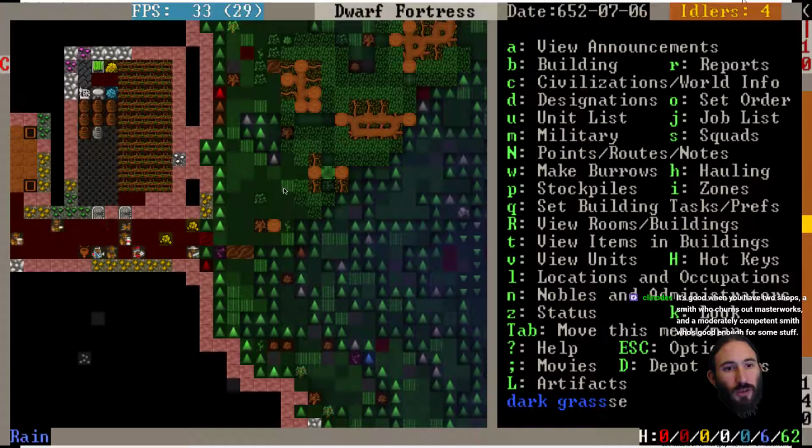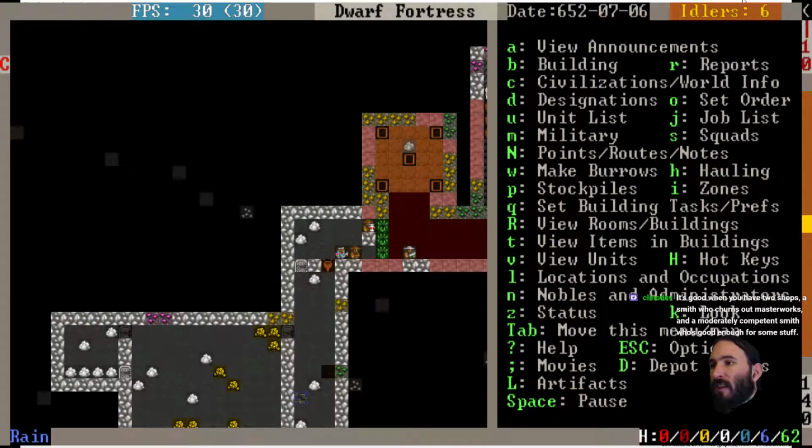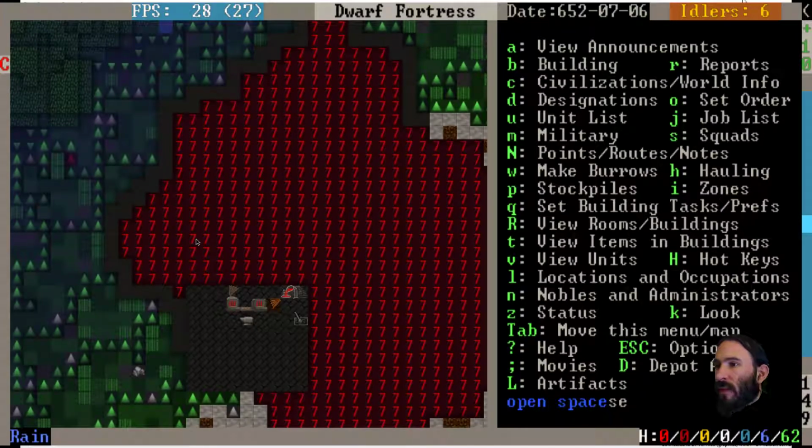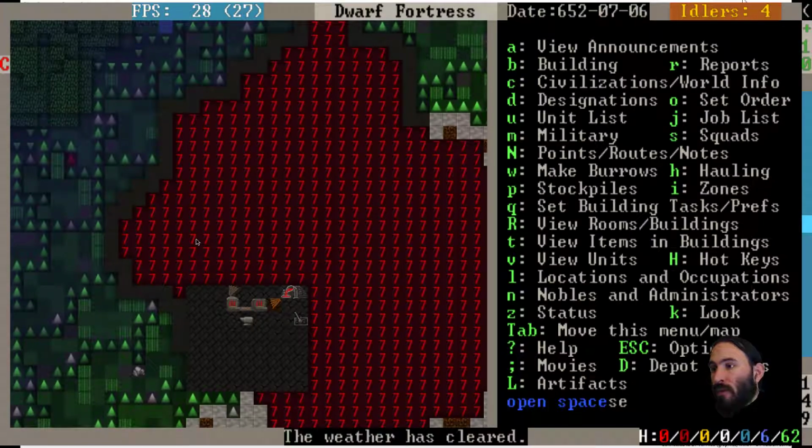It's good when you have two shops, a smith who churns out masterworks and a moderately competent smith who's good enough for some stuff. Yeah, well, I think I'll be extending the floors over here soon, and we'll get ourselves a nice little array of these magma forges and workshops, because...